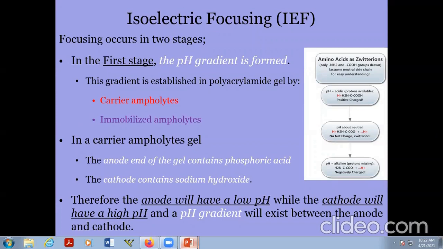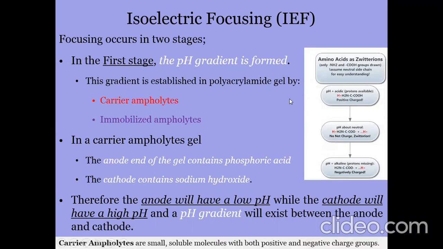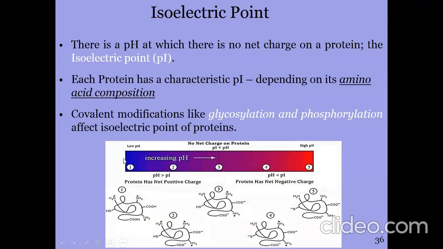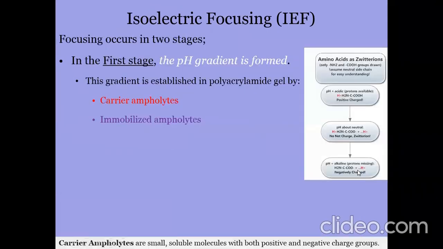एक क्वेश्चन आया था इसमें कि ये जो एनोड में लो पीएच है और कैथोड पे हाई पीएच है, सर ये जो ऊपर फॉस्फोरिक एसिड और सोडियम हाइड्रोक्साइड की वजह से है? हाँ एग्जैक्टली। सर बट इसकी समझ नहीं आई कि कैथोड पे अगर सोडियम हाइड्रोक्साइड बेस है तो बेस की वजह से पीएच लो नहीं होनी चाहिए थी कैथोड पे? नहीं, पीएच तो हाई होगा ना। लो पीएच का मतलब 1, 2, 3, तो वहाँ पे हाइड्रोजन आयन कंसंट्रेशन ज्यादा होगी ना। तो पीएच लो मींस ये सल्फ्यूरिक एसिड और HCl का पीएच लो होता है ना। ओके सर। ठीक है। चलिए, आप एक्सप्लेन कर दें थोड़ा सा इसको।